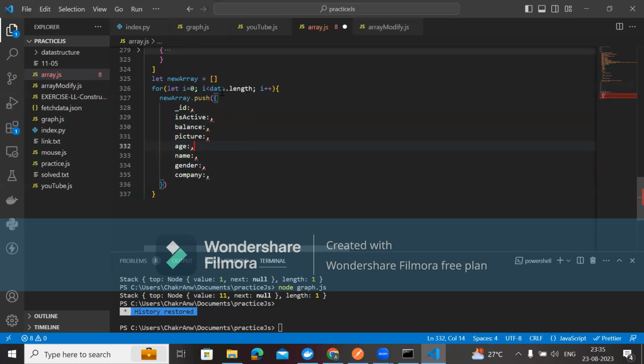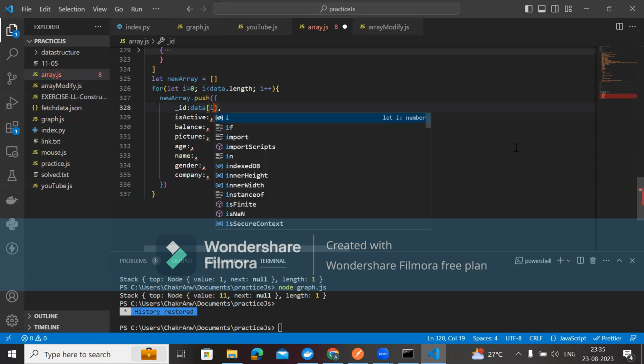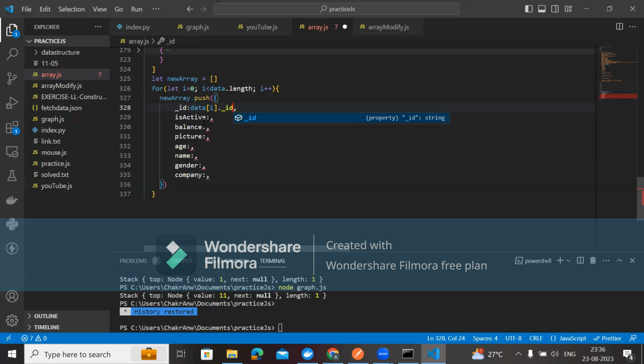So this way we can fetch data in JavaScript. data[i] means it will give us the first object. Now i starts from 0, so 0, 1, 2, 3, 4, it will go up to the fourth index. That means we will be having the five data objects. So data[i]._id,